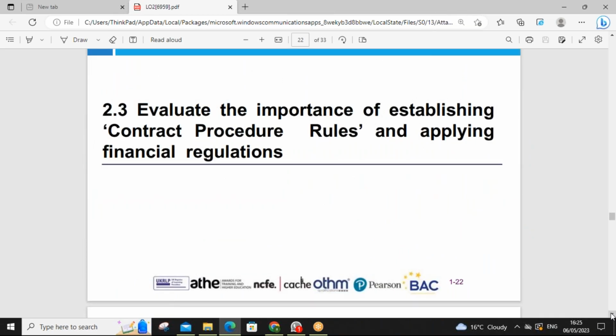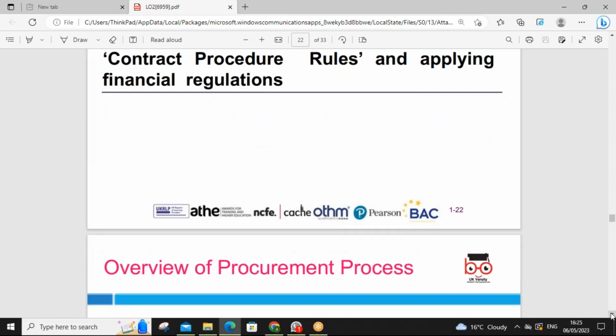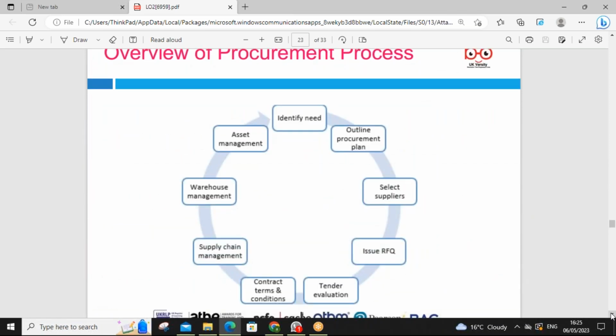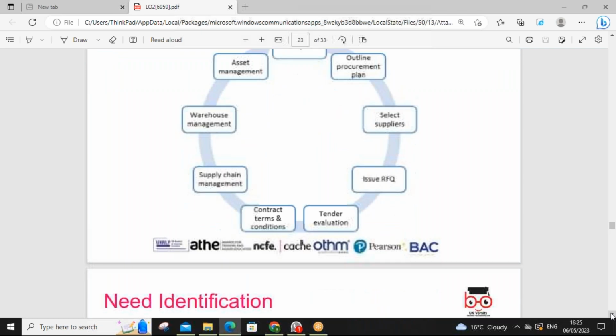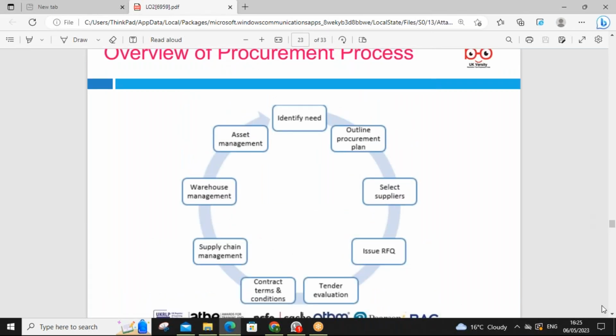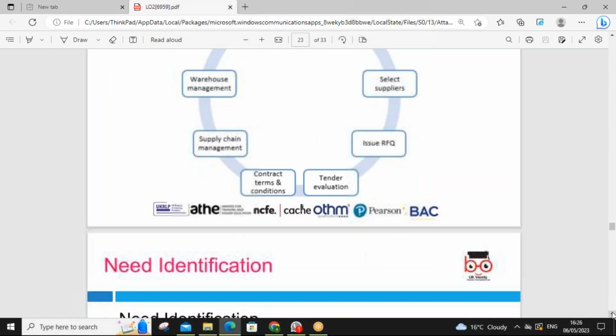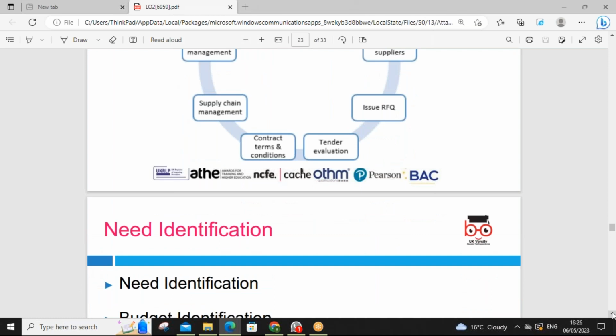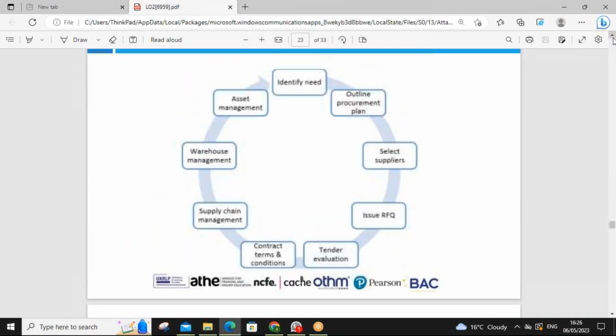So evaluate the importance of establishing contract procedures, rules, and financial regulation. That's what we need to look around. Overview of the procurement process: identify the need. Do we really need the procurement? We outline the procurement plan, where we get all the quotes from various suppliers. We issue the RFQ, requirements, and then tender evaluation, contract terms and conditions, supply chain management, warehouse management, asset